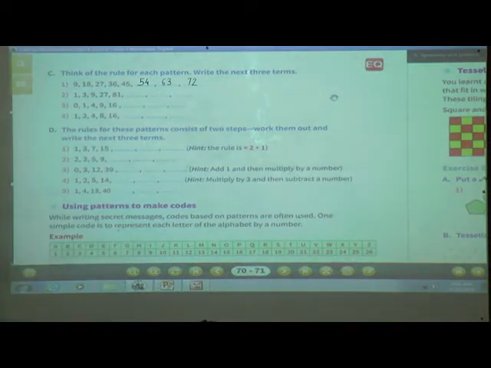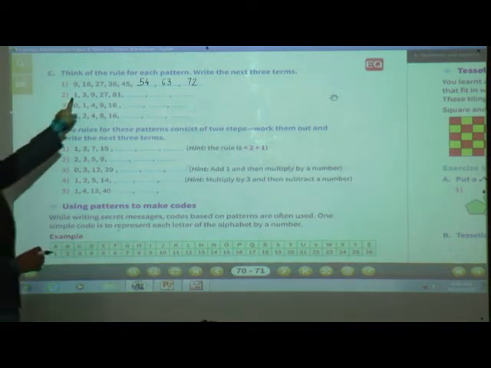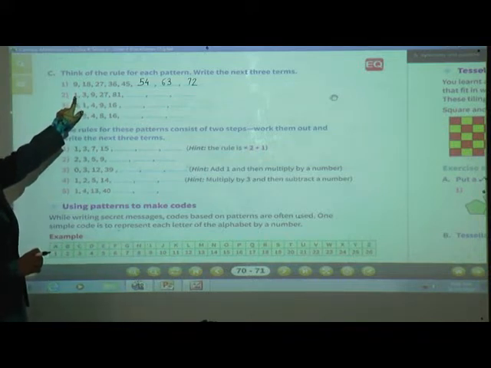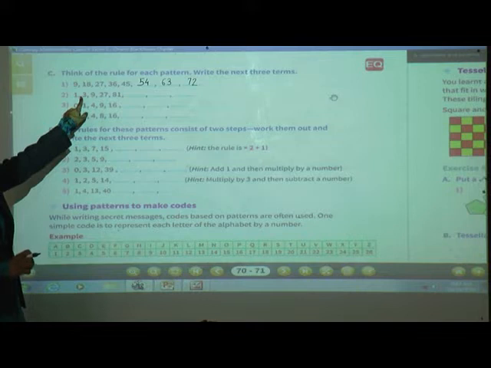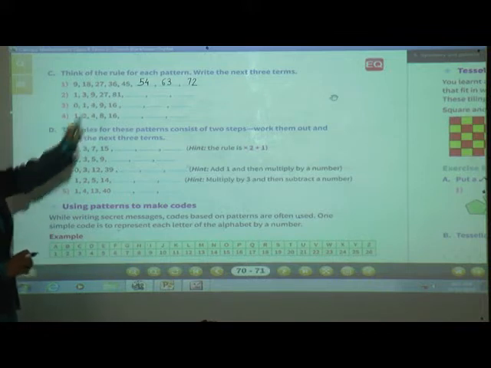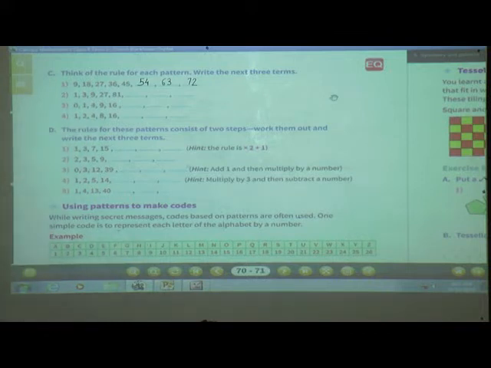Okay, now students, here in the second sum, which type of a pattern here? Here, if we multiply 1 by 3, you will get 3 answer. 3 multiplied by 3, 9. 9 multiplied by 3, 27. 27 multiplied by 3, 81. So multiply 81 by 3, your answer will be